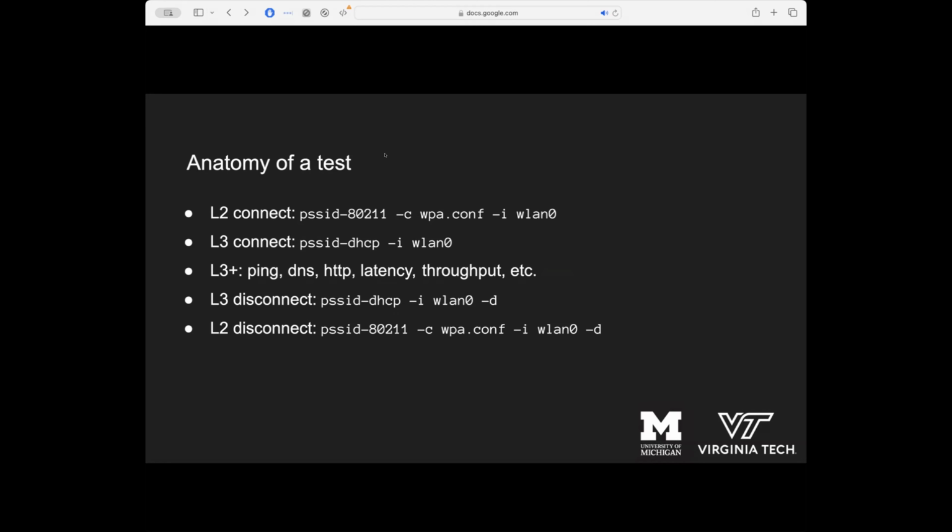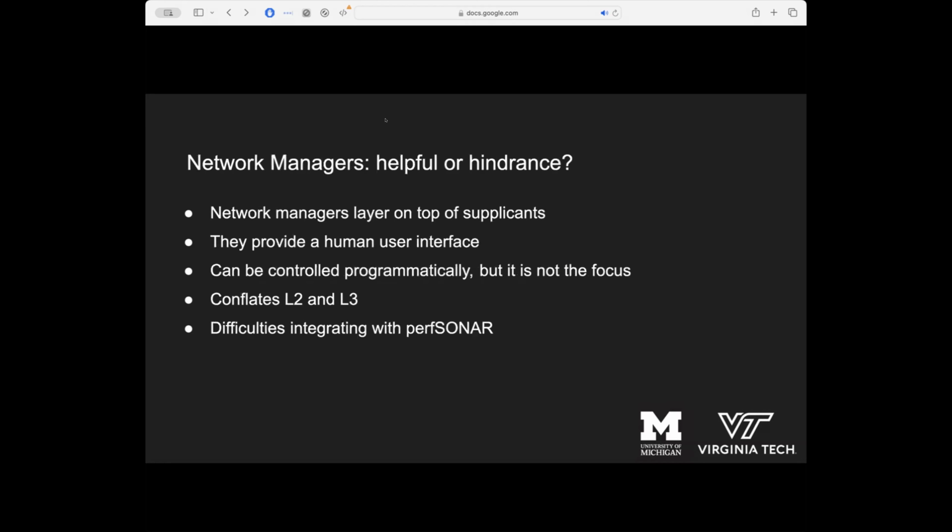Yeah, so that's the anatomy of a test. Next slide. One of the questions we had was network managers, right? This is something that Ed alluded to earlier. Are they helpful or are they a hindrance? On most Linux devices, they're running something such as NetworkManager, capital N, capital M. Are they helpful or are they a